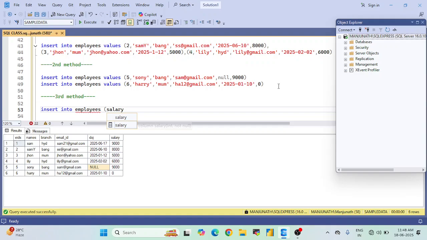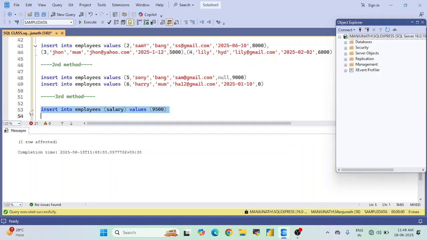So let us go with the salary column. Then I'll go with the values, and then the value is 9,500. Okay, let me select this one and execute. And if you come down to the table,